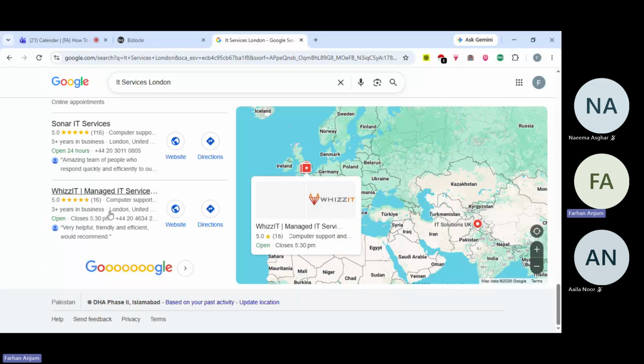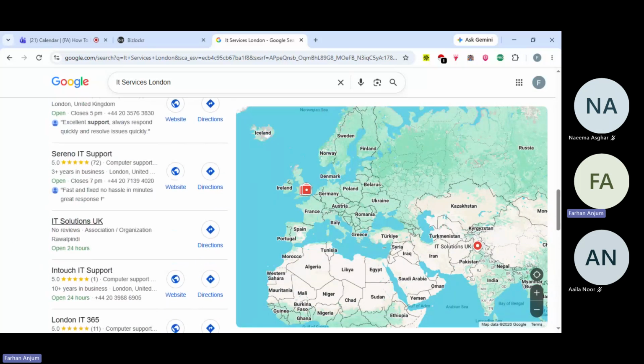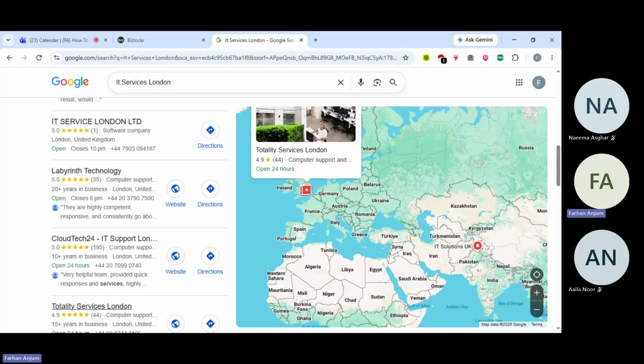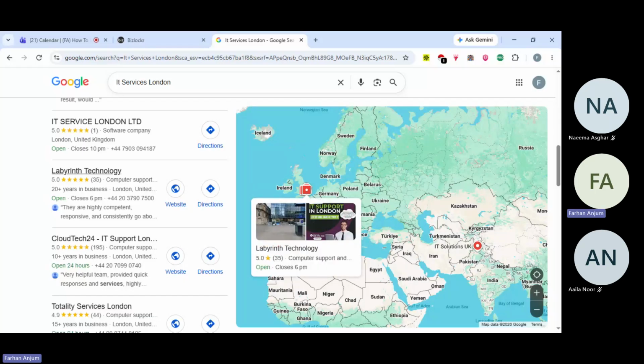So what are you waiting for? Simple as that. Start getting access to these businesses. Start calling them. Start fixing appointments with them, or you can simply pitch your services on the call to these companies who belong to the same location where you are residing and the same industry that you are targeting. Right, so it's a pretty fair and scarce situation over there.